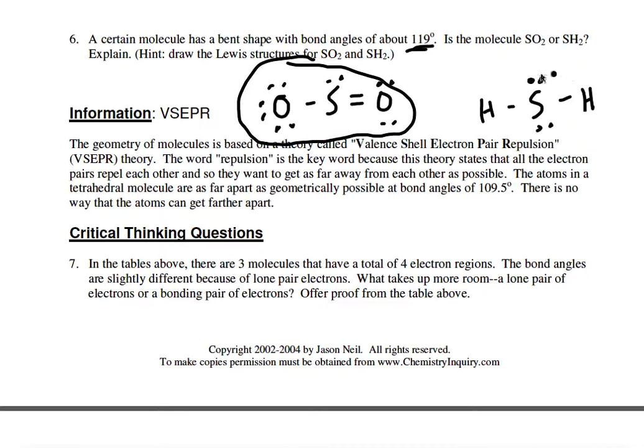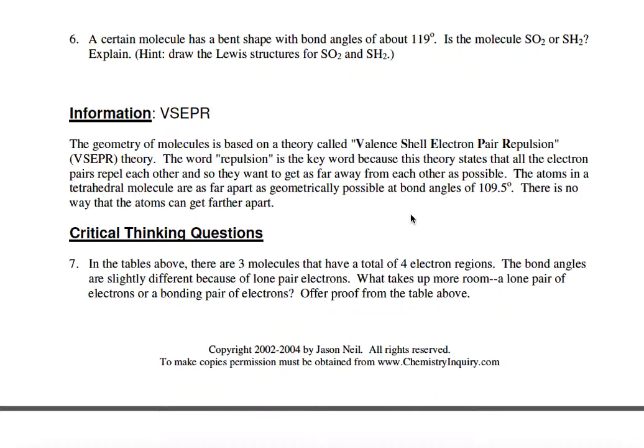This one, there's 4 regions around it, so that's going to be more like 109 degrees. And like you see on the left side of your page there, in reality, since there's 2 lone pairs, it would actually be exactly 104.5 degrees, but definitely would not be 119. It would definitely be more around 109. So if I move down from there,